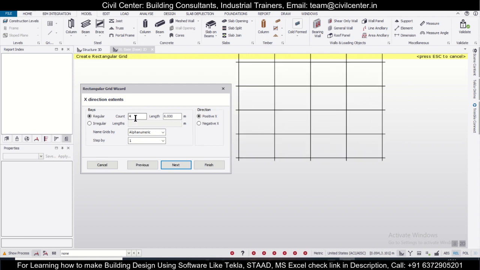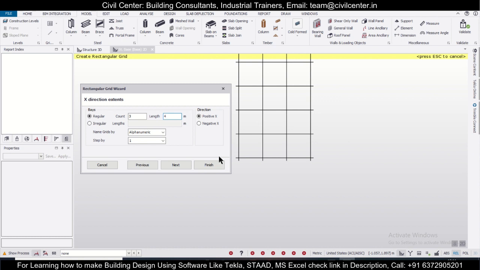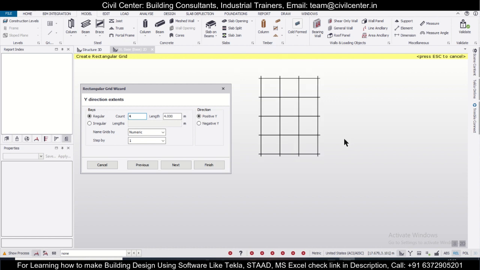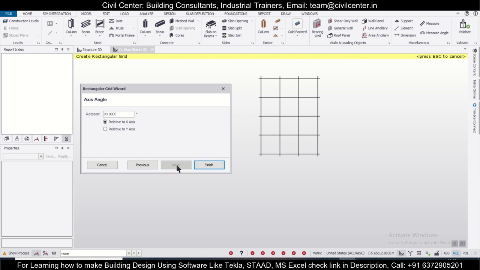So let's go with a count of 3 along the x-axis with a spacing of, let's say, 4 meters, and then click on next here, and this is along the y. Along the y also we'll keep, let's say, 4, and after that we'll click on next here, and after that next, and finish.